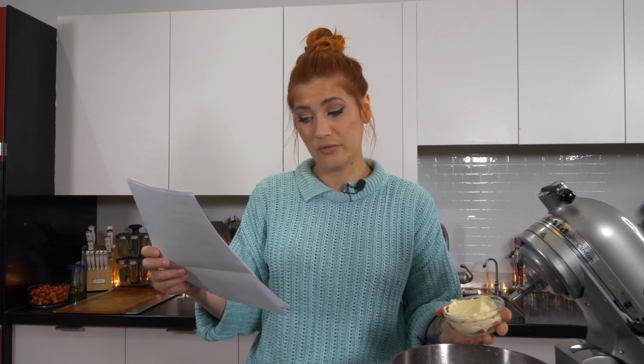Last but definitely not least, we have the chewy chocolate chip cookies from Liv B. Again, all of the ingredients are pretty much the same. It's a kind of a combination of both. So she has vegan margarine, brown sugar, non-dairy milk, vanilla, all-purpose flour, baking soda, baking powder, salt, and then chocolate chips. She has 1/3 cup to 1/2 cup of non-dairy chocolate chips, which is I think the lowest we've seen